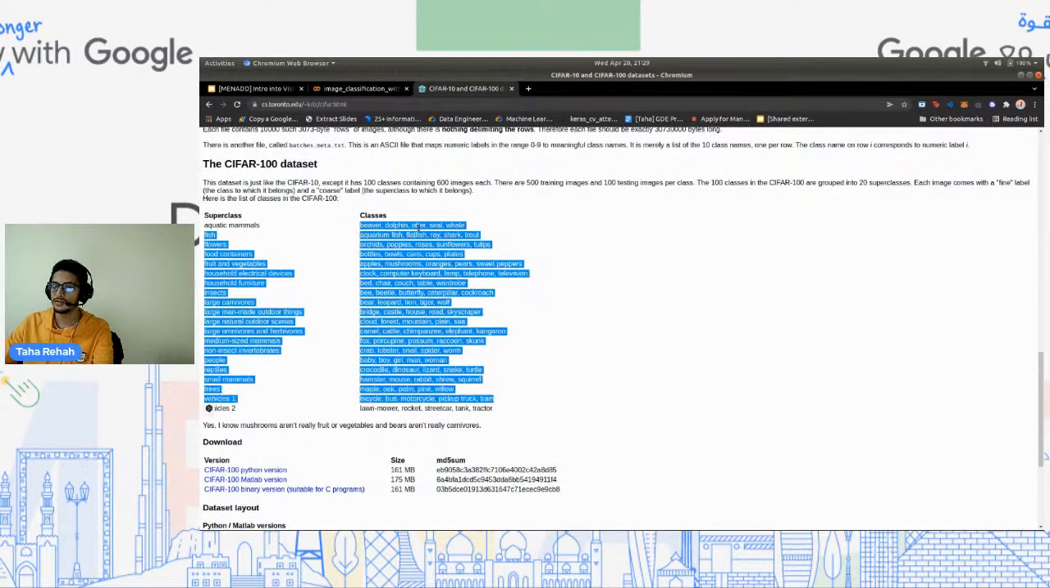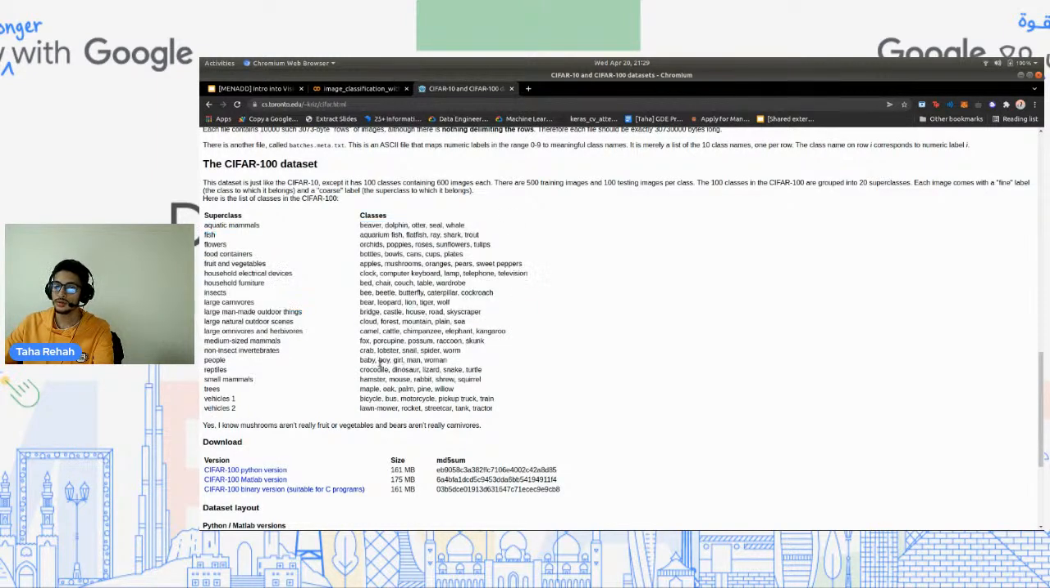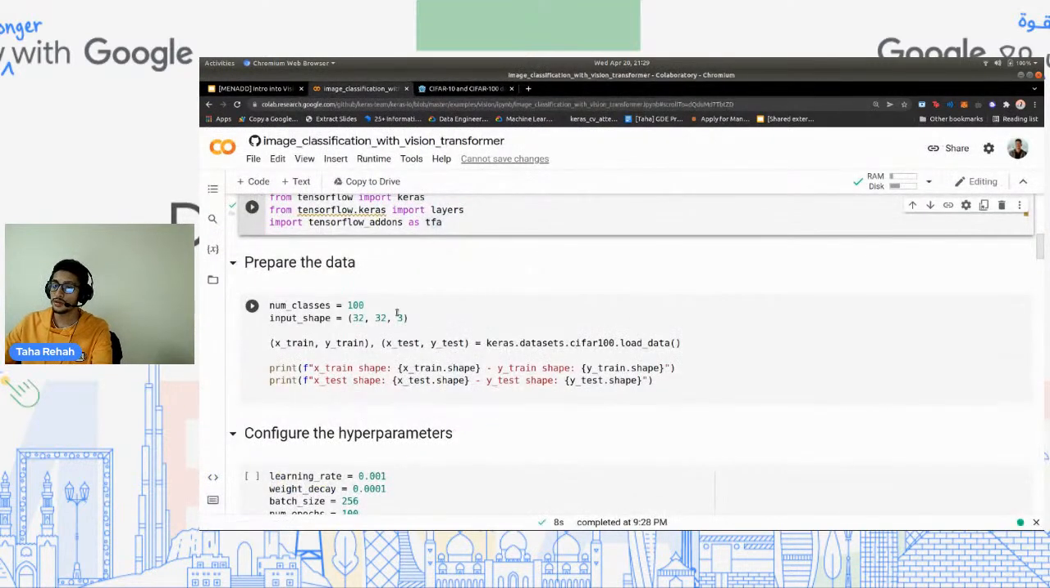You can find fishes, animals, I don't know, humans, vehicles, tractors, rockets, etc. So CIFAR contains 100 classes of images. We are going to import it from Keras. It's already split and ready for us. So how to import it? Just by calling